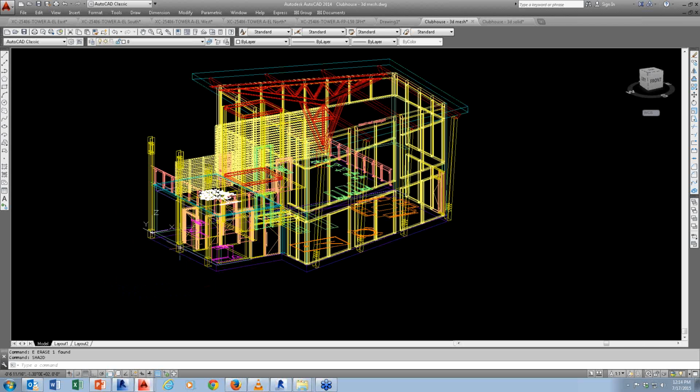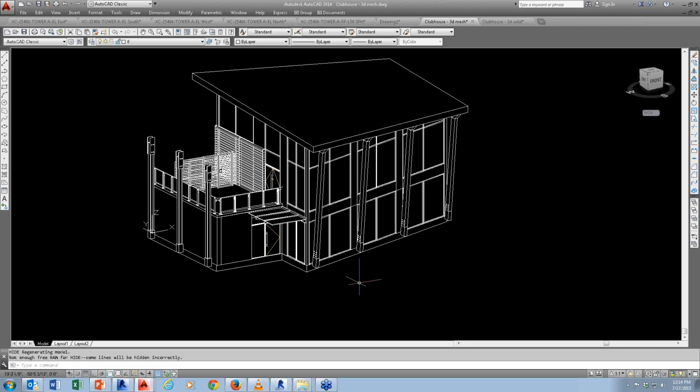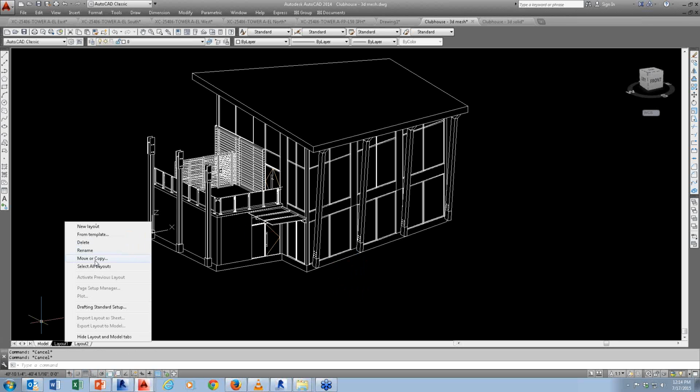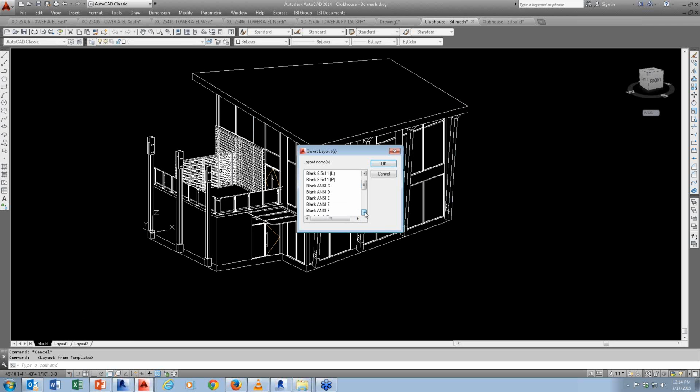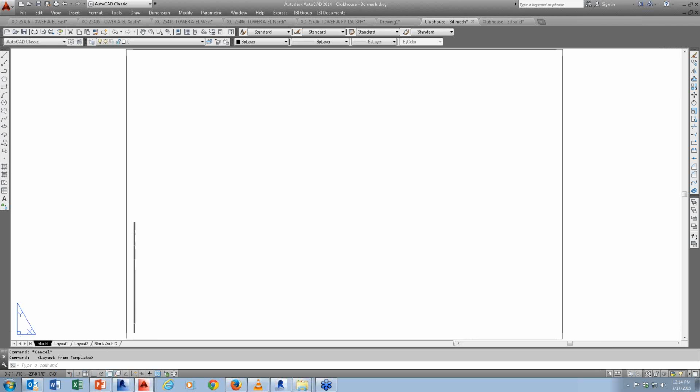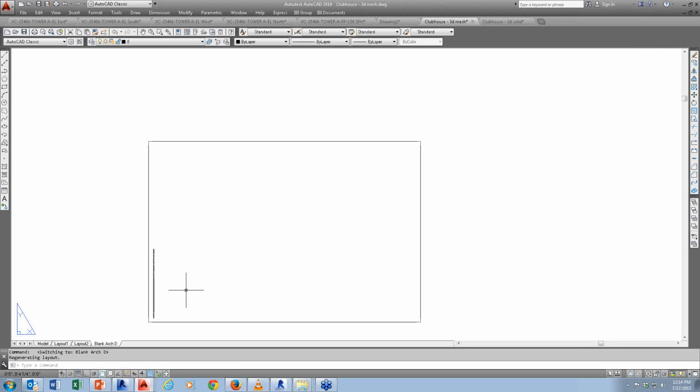Okay, so let's say you have this. I'm going to go hide. Okay, it looks like this. So the first thing you want to do is create an elevation. How would you do that? I'm going to go into some template. I'm just going to create a simple presentation. Okay, I'm just going to open. I'm just going to use RHD. Blank RHD is fine. Okay, so now when you create your view,